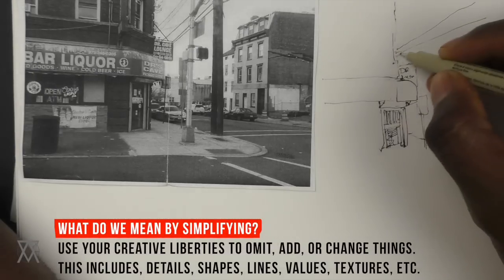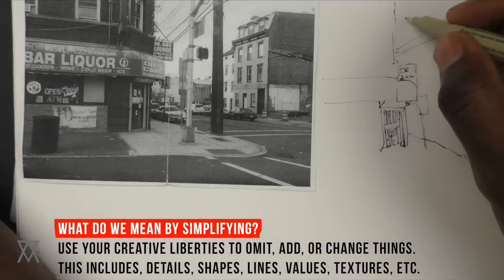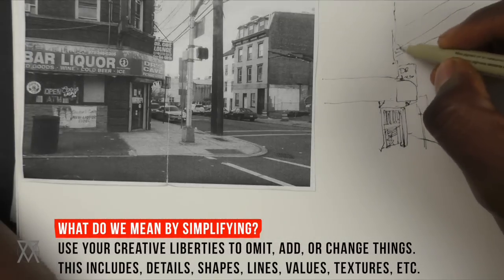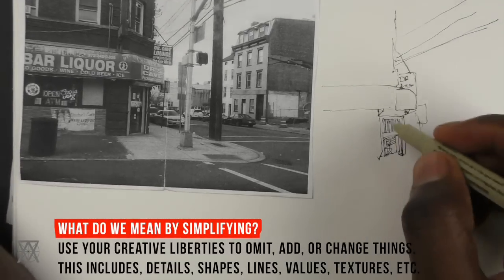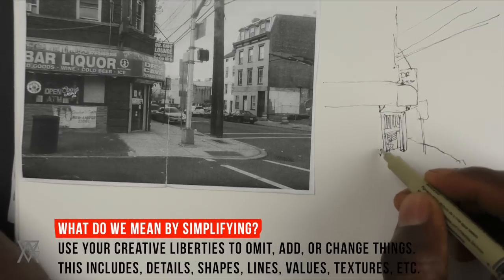So like for the wires here, I may just add one or two. I may just put one in that I think is actually more interesting to me, and I'll leave it at that. You want to be really loose and comfortable,